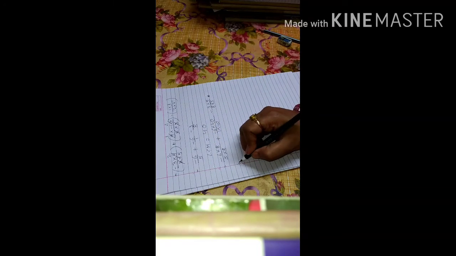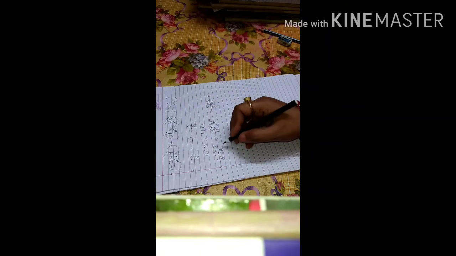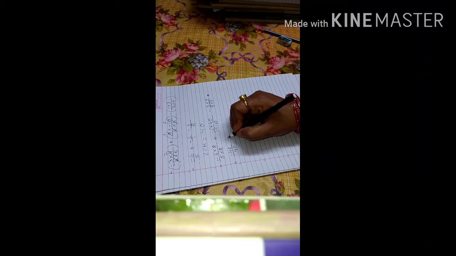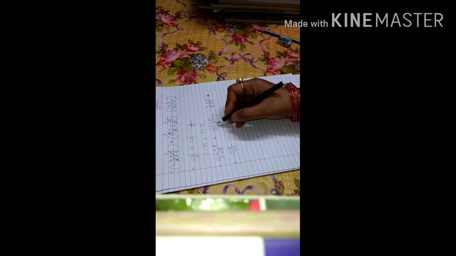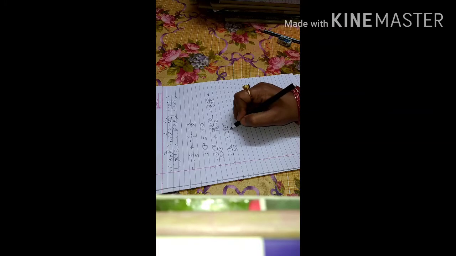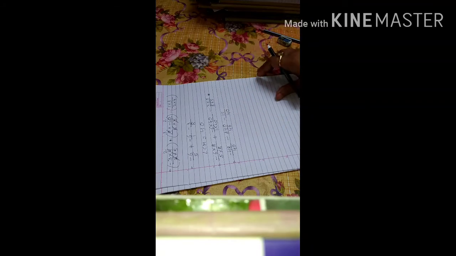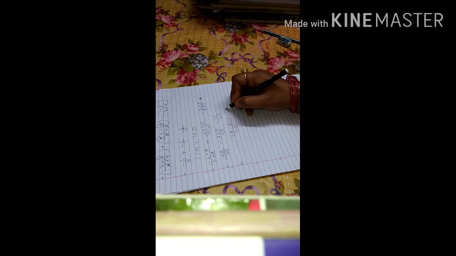Now here, next step. Don't put an equal to sign here because very little space is left here. So do the next step in the next line. Means start with a new line. Now, what will you get here? Minus 6 into 8, minus 48 by 40. Then plus and minus, minus. So what can we write here? 240 by 40. Then minus 15 by 40. Clear? Then what here? All the denominators are the same here. So here you write 40. Then here simply minus 48 minus 240 minus 15.